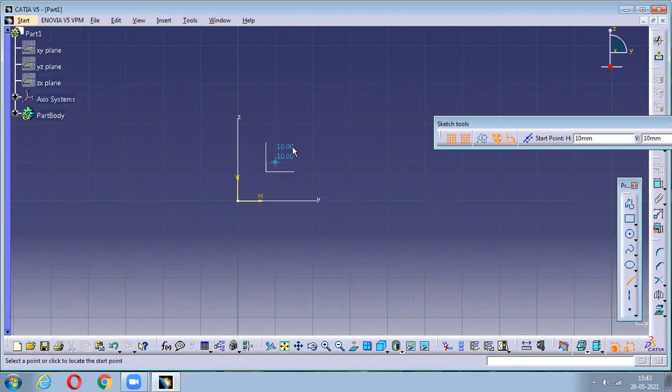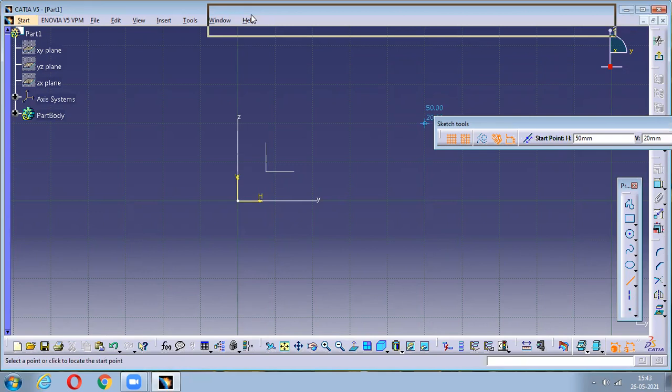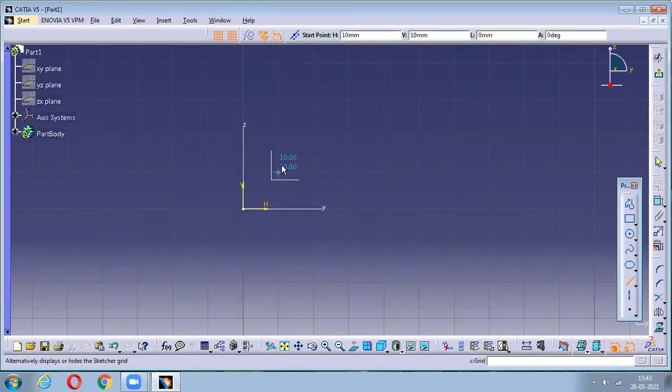Is this the dimensions we use every time in our mechanical drawings? No, we go with some decimal values also. If snap to point is on, you can't give decimal values. That's why we always switch off the snap to point. Now it is free to move.